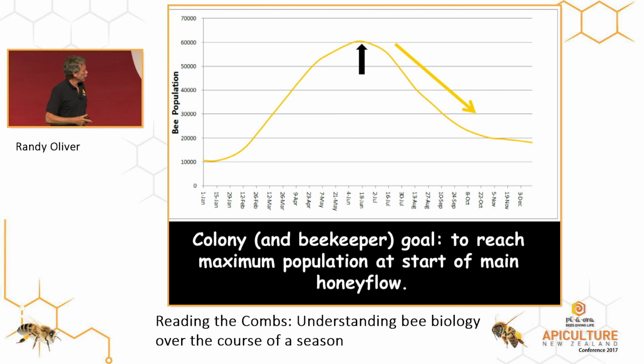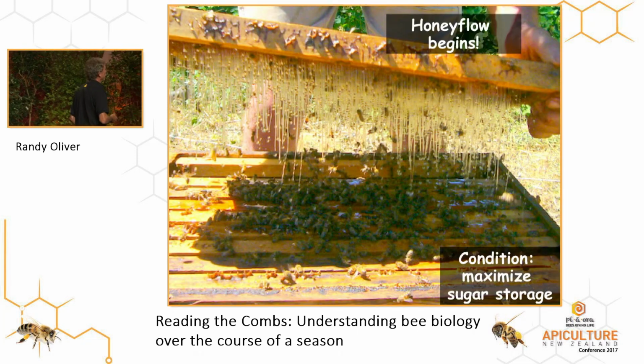So ideally, the most efficient thing for the colony population to do is to reach its maximum strength just prior to the main honey flow. And if you're a beekeeper, the most efficient thing for you to do is to manage your bees so they reach maximum strength just prior to your main honey flow, or to whatever honey flow that you're going to go to. If you're going to go to 2 honey flows in a year, then you're going to build them up to reach maximum strength just at the beginning of each main honey flow.